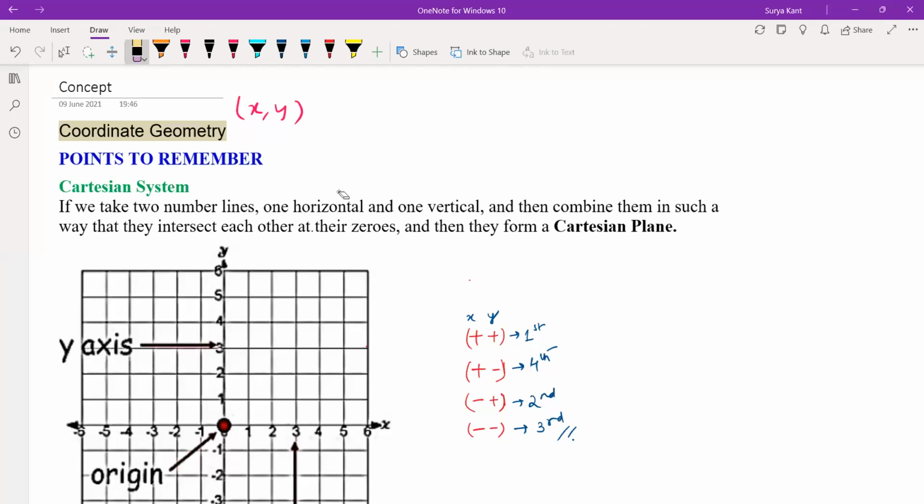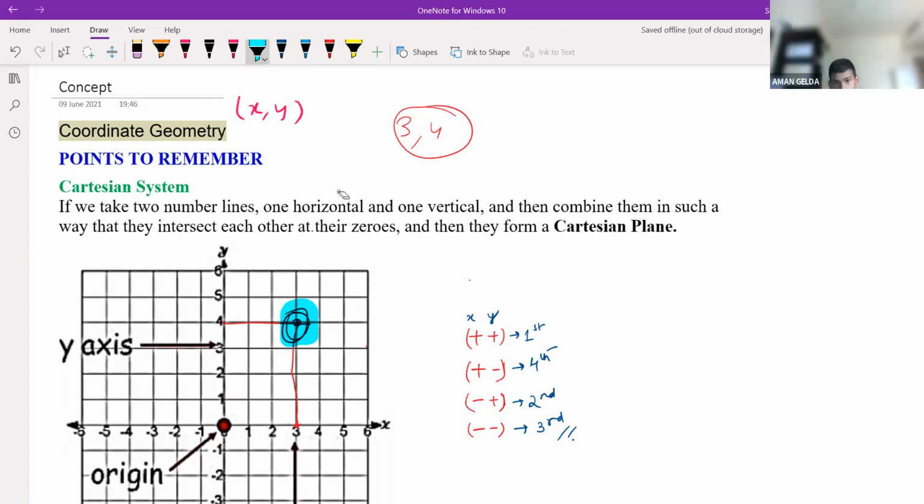So what they are saying here is one is horizontal, one is vertical. Suppose I'm telling you 3, 4. 3 is here, go up, and 4. Where this point meets, intersecting each of their zeros, they form a Cartesian plane. This point is a coordinate. 3, 4 is a coordinate. So this point is 3, 4. Is it clear? Yes, sir. So 3, 4. Now,